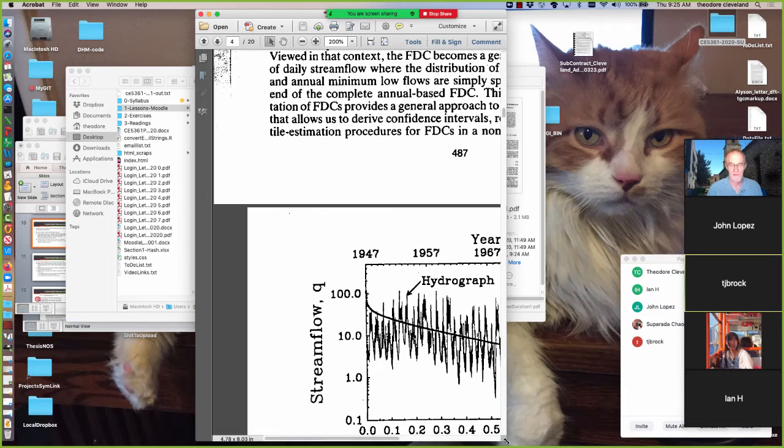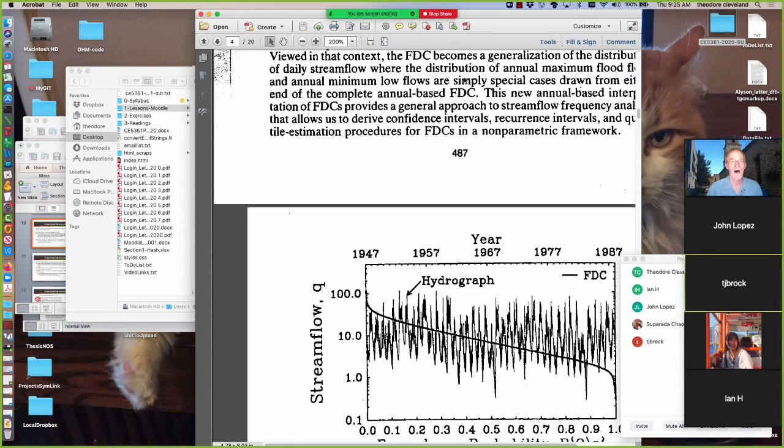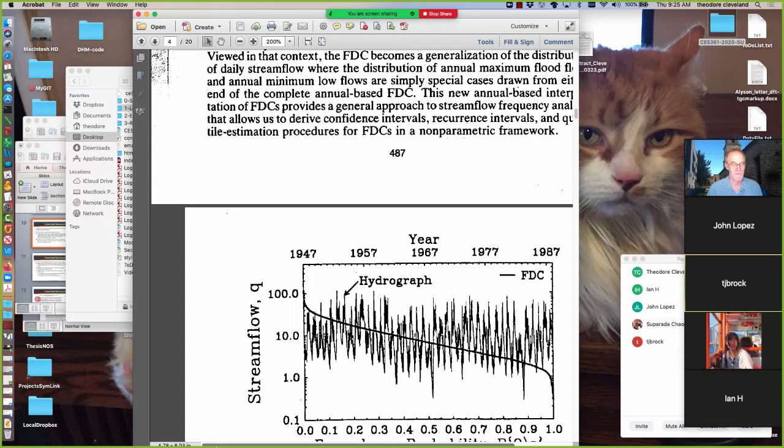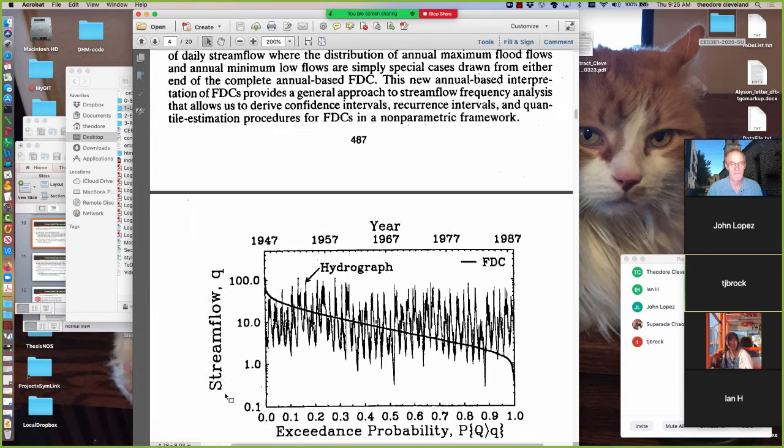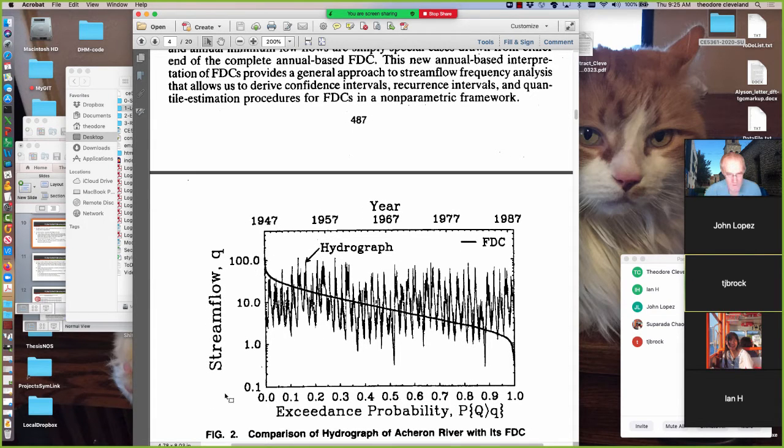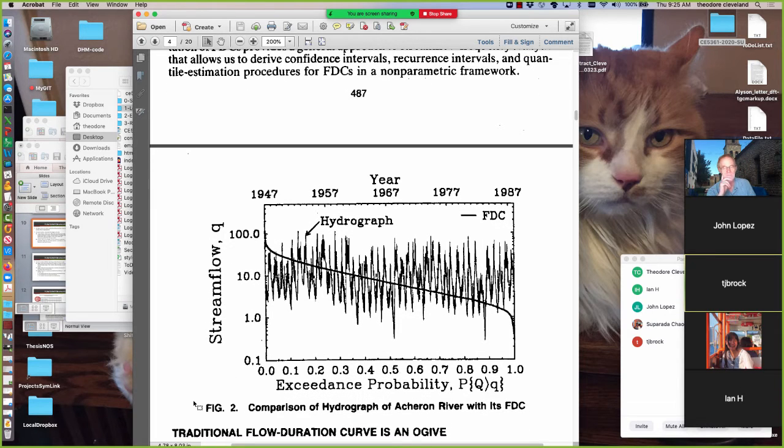This figure, although not directly addressing this time period thing, shows the relationship of the daily variability and then the flow duration curve. So here's a hydrograph on some river,